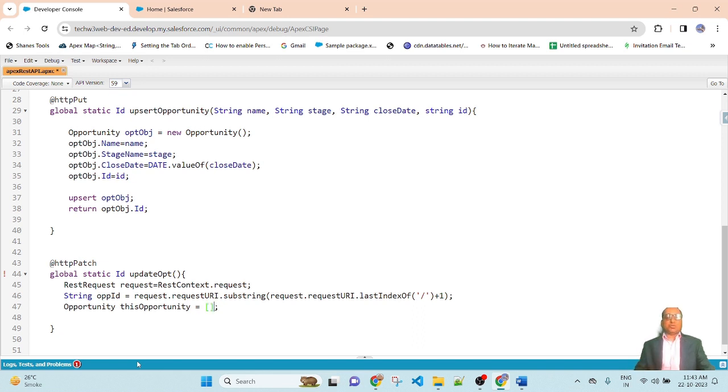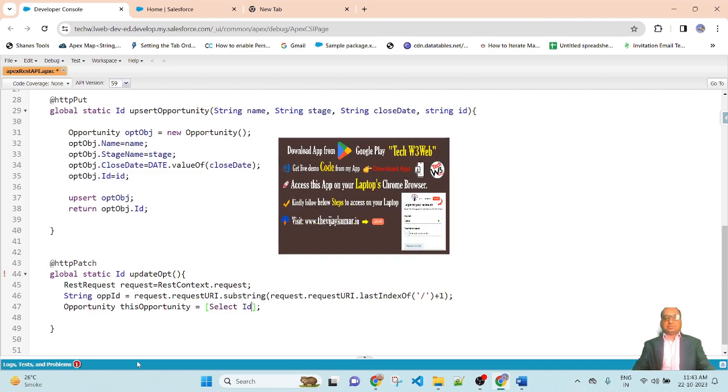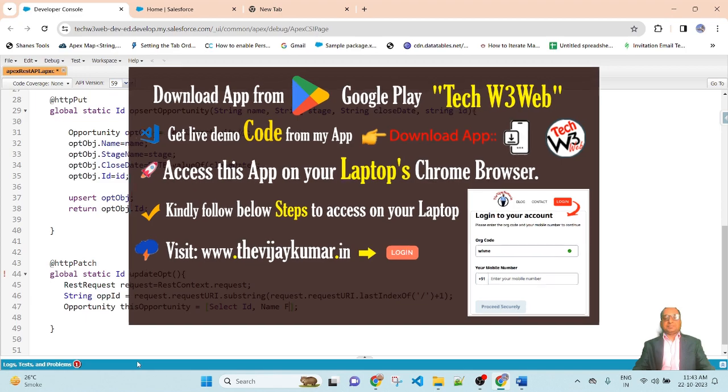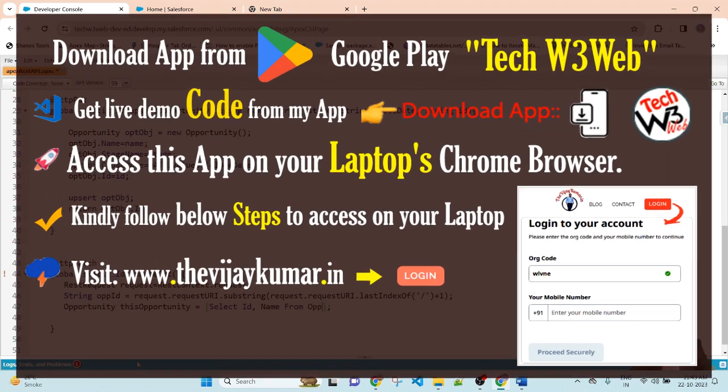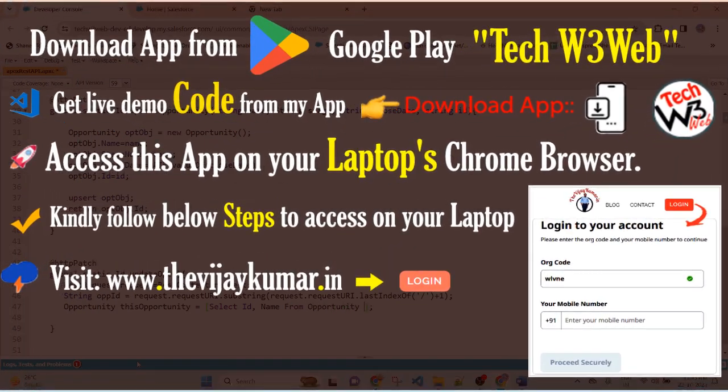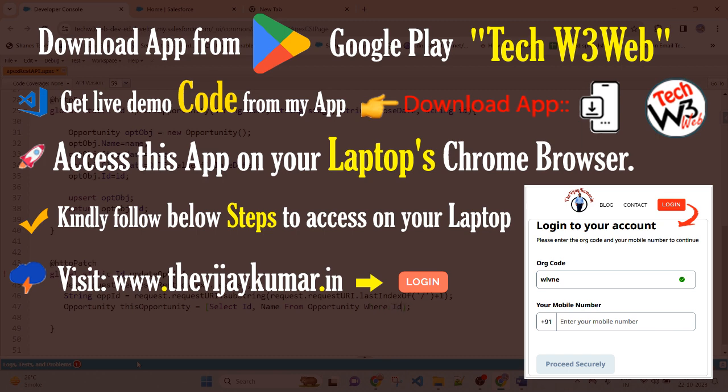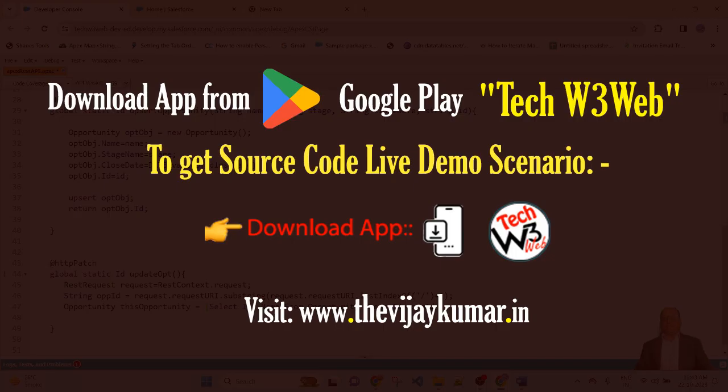Here I will write a SOQL query: SELECT Id, Name FROM Opportunity WHERE Id = colon, pass this opportunityId. So it will return the opportunity record for the ID that I am passing.